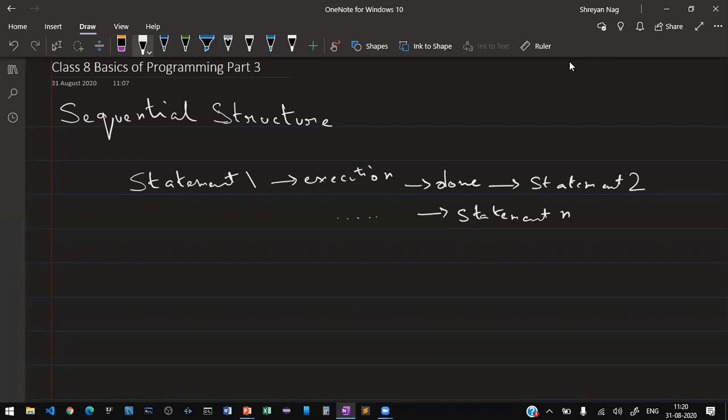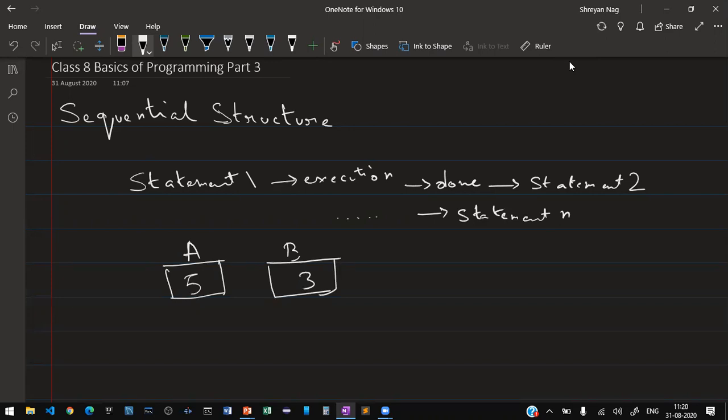Let us take an example of swapping two values. Suppose variable a has a value of 5 and variable b has a value of 3.